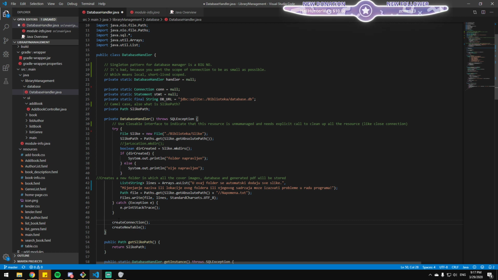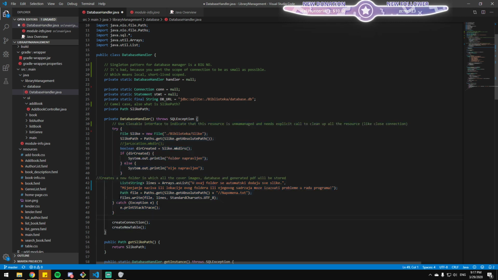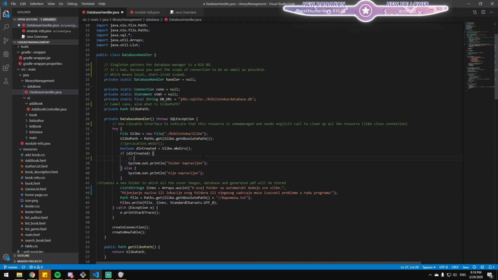So I also don't really understand. The guy did have those two methods, but this one is kind of a raw thing, so I would also split this into a method. What is it even doing, the whole try catch? It would have been much nicer if it was a method. Currently I wouldn't know what it's doing. There are also System.out.print lines, which should be a logger. And it's also not in English, which is quite a big problem.